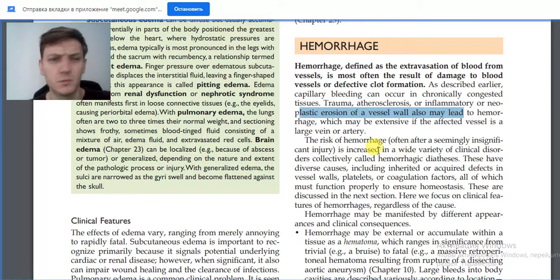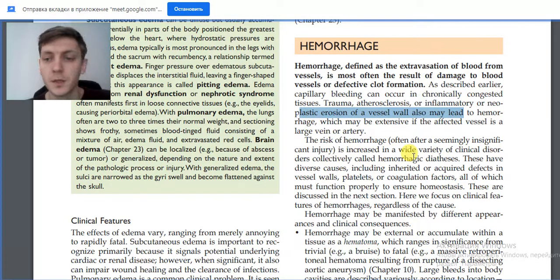So you see, hemorrhage is present when we have a lesion of any blood vessel, it doesn't matter if it's an artery, arteriole, capillary, venule, or vein. So it's leakage of blood. If we have leakage of blood out of the circulation, whether outside or inside, it's a hemorrhage. The risk of hemorrhage after a single insignificant injury is increased in a wide variety of clinical disorders collectively called hemorrhagic